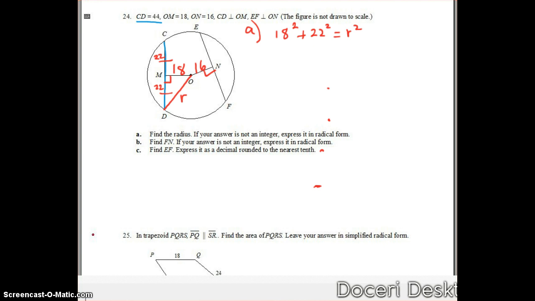And when I solve for r, I find that r is equal to 28.4. So that's part A. And I can fill that in here. And then I want to know about how long FN is and how long EF is. So FN, I'm going to use the fact that